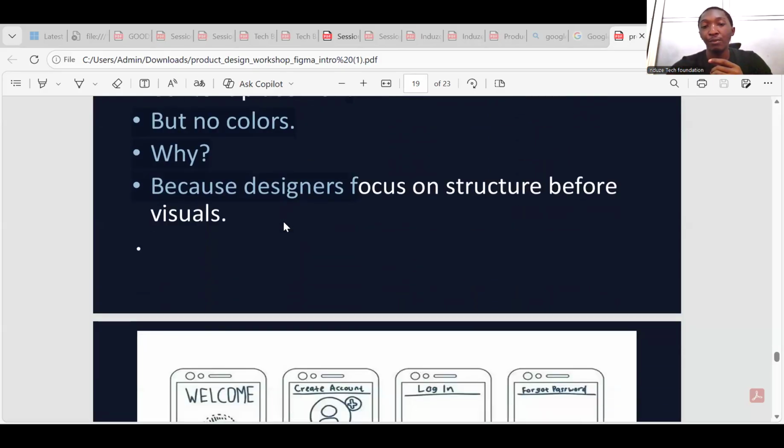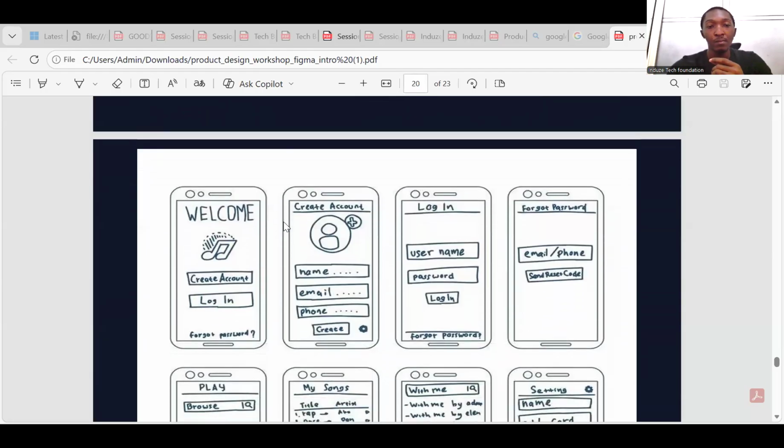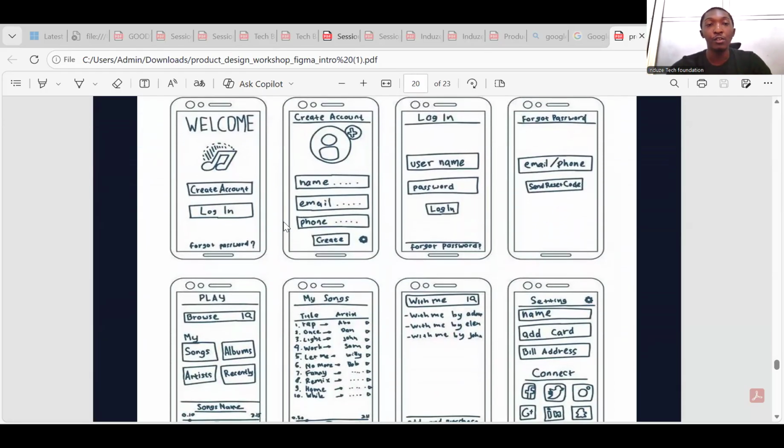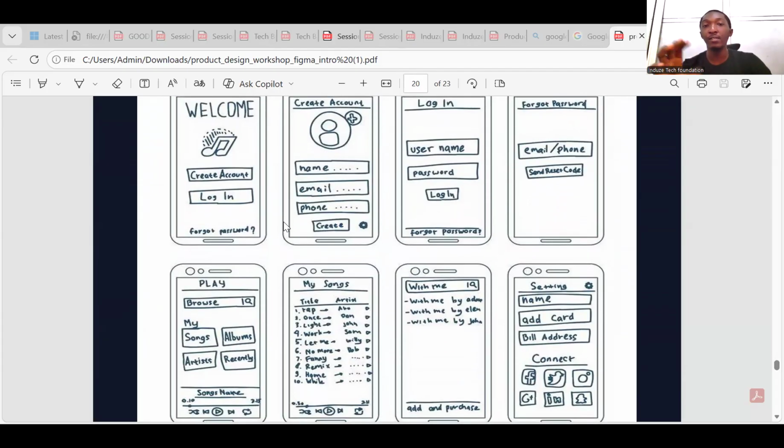I have an example of a wireframe here. This is a wireframe for a mobile application. You can see the first screen, the second screen, the login screen, and the forgot password screen. So these are all wireframes. When you are dealing with a solution, you first